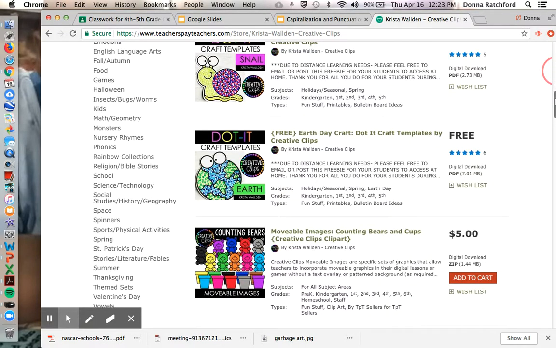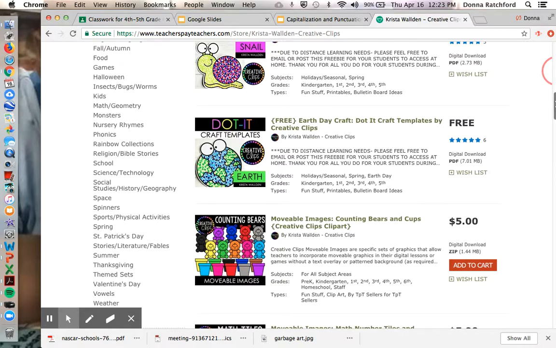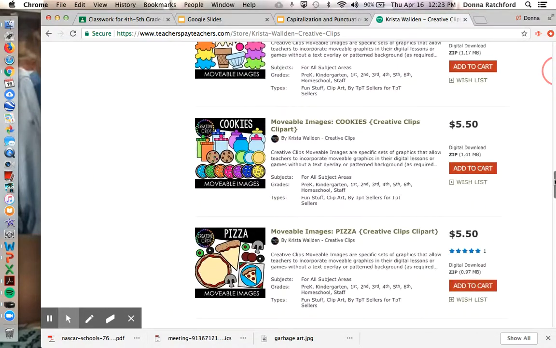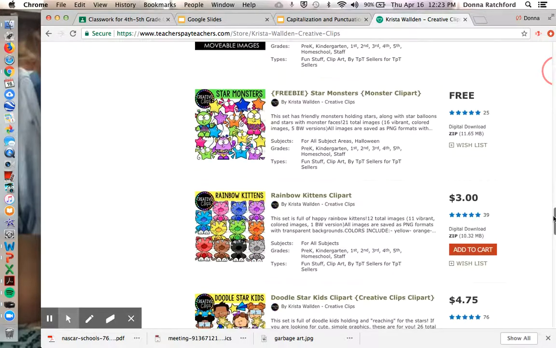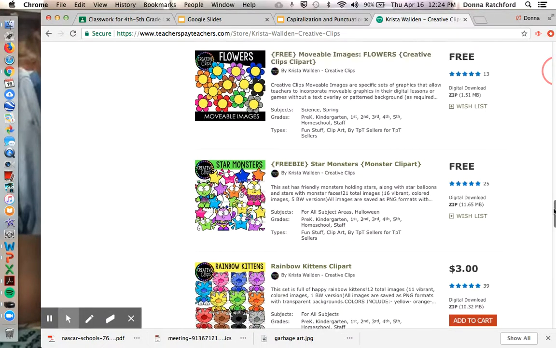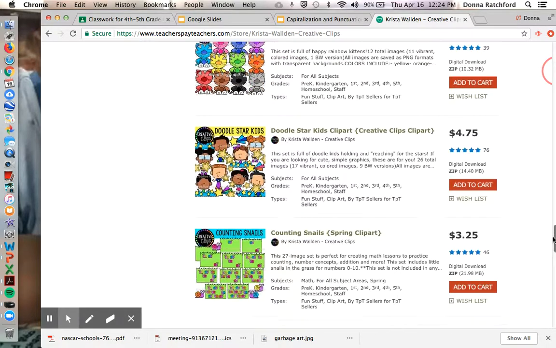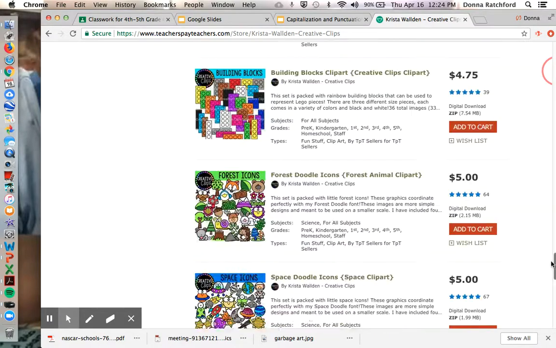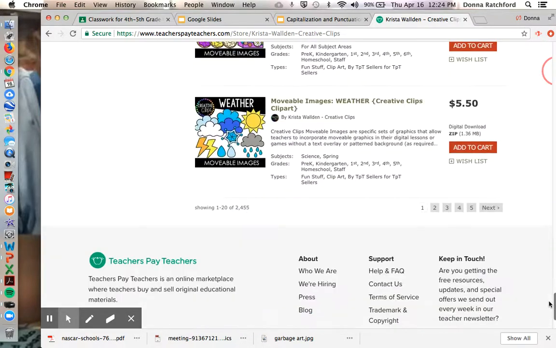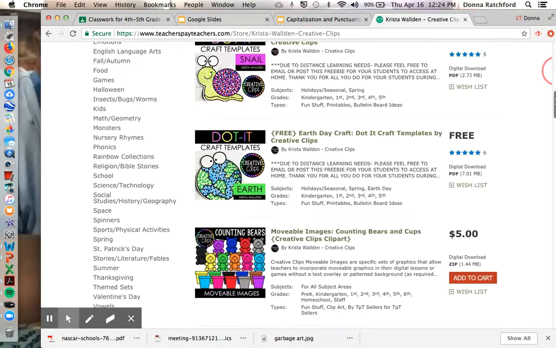So she's already got Earth Day Craft. So she's got some things already, and her prices are good. And she also has a lot of free stuff. And she's created things that are movable to her store. So if you want movable things,